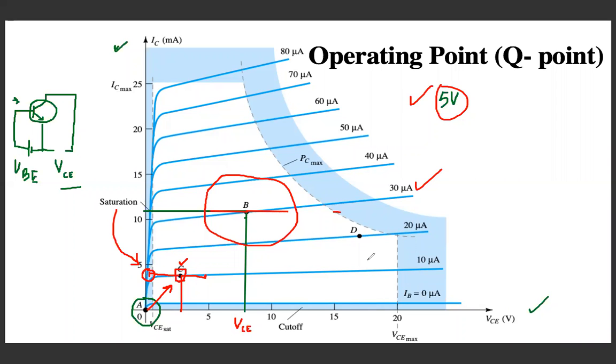ठीक है। नाउ लेट्स डिस्कस दिस पॉइंट D. Point D is also operating in the active region. If you consider the same signal, अगर आपका -2.5 वोल्ट है तो ये आपका थोड़ा सा इधर शिफ्ट हो सकता है। So in that case it is also in the active region. उस केस में थोड़ा सा बेस करंट भी हमारा कम हो सकता है, तो वो पॉइंट हम इस तरफ भी आ सकते हैं। बेस करंट कम हो गया तो स्टिल इट इज इन दी एक्टिव रीजन।